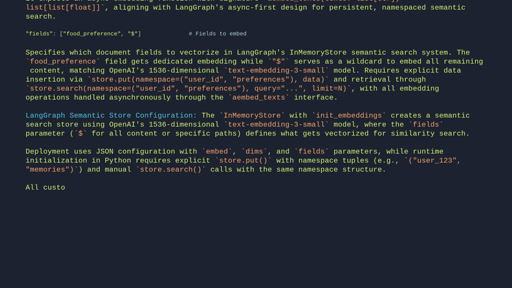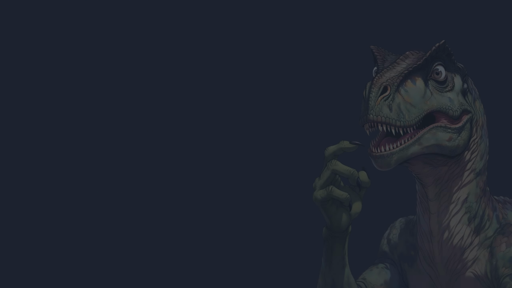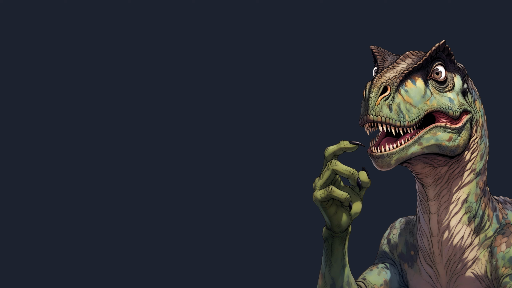All custom embedding functions must match the embed texts signature, async, accepting a string list and returning float arrays, and the store integrates with LangGraph's persistence system, requiring LangChain >= 0.3.8 for string-based embedding formats. The embedding that dissolves into numbers becomes the only language